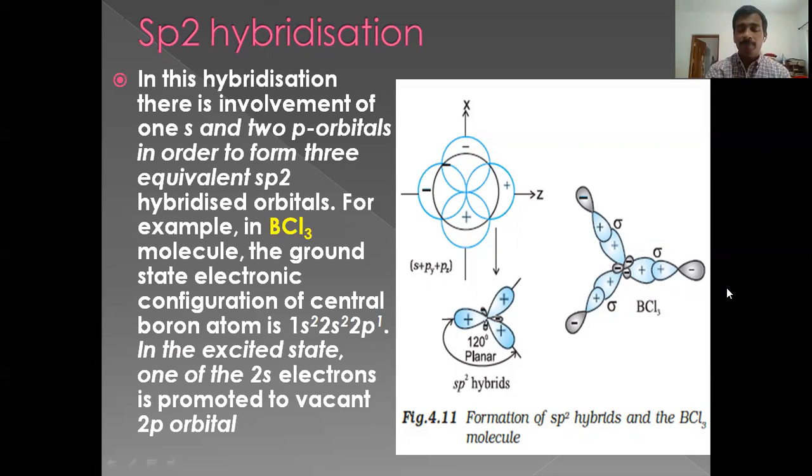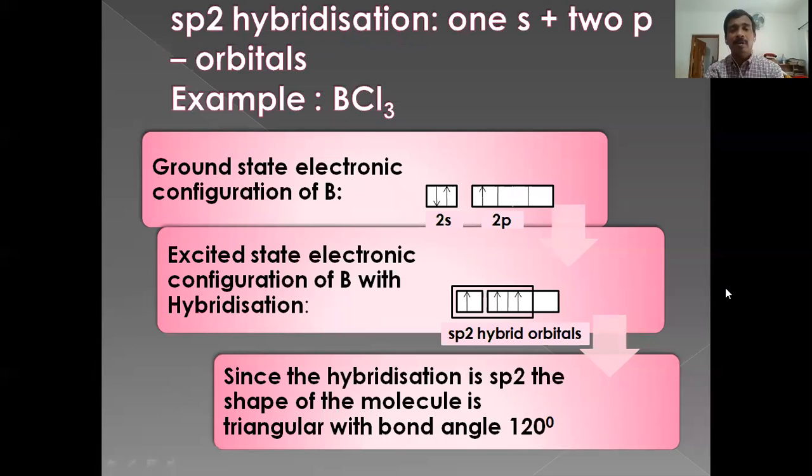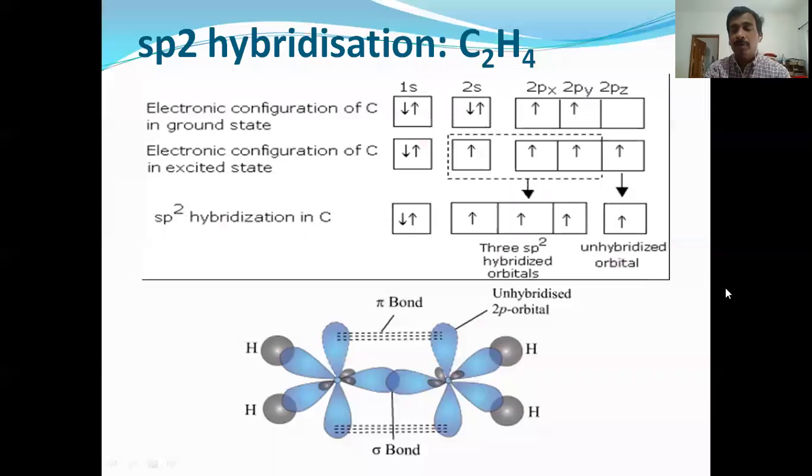So it is the structure of BCl3: scheme of hybridization, then geometry, triangular, bond angle 120 degree, and overlapping of 3p orbital of chlorine and sp2 hybridized orbital of boron to form sigma bonds. Now the next one is C2H4,